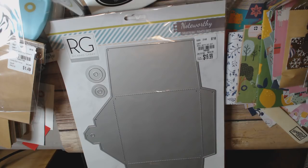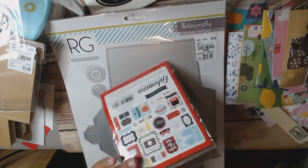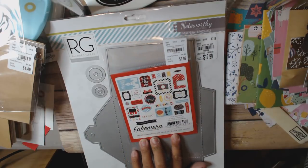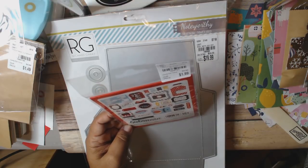And then the guy had a cart of stuff that he was putting out. So I dug through it in hopes of finding stuff I was hoping to find, but didn't find it. But instead, he did have a bunch of things I was happy to see. So one, of course, was the ephemera, or I should say mainly ephemera. So this is $1.99. This is the magical ephemera, normally $4.99. And Echo Park, this is the one that's like Disney. And it's